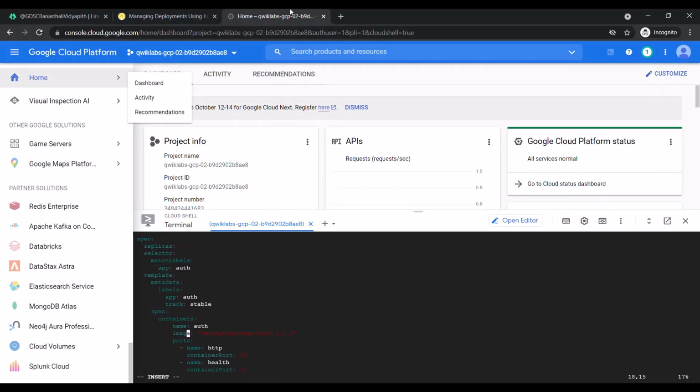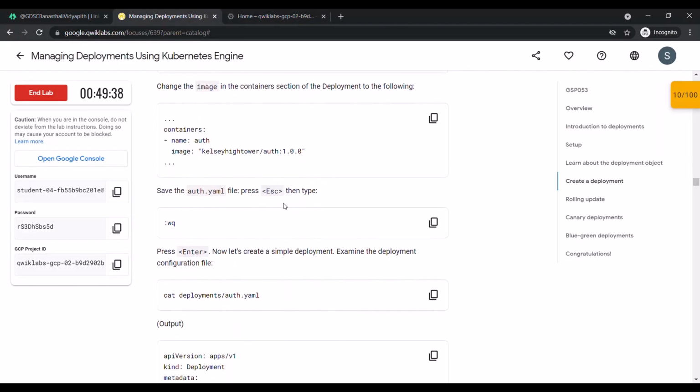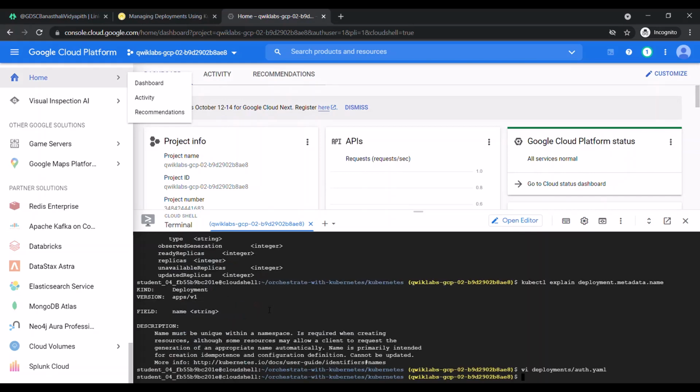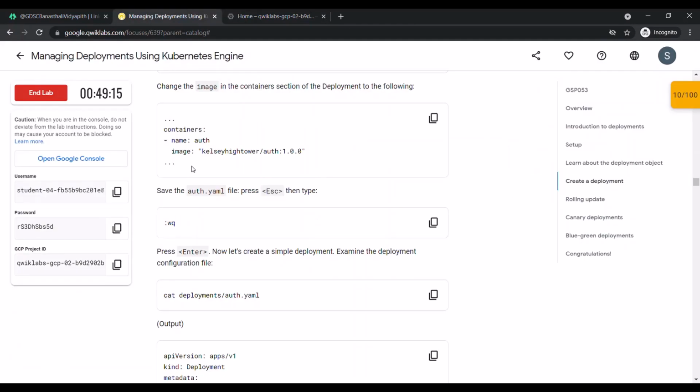So come back here and move to the right and make this 2 as 1. To save the auth.yaml file, we need to press escape and then type :wq. We will press escape and now we'll type :wq and press enter. So we are back to the shell now.